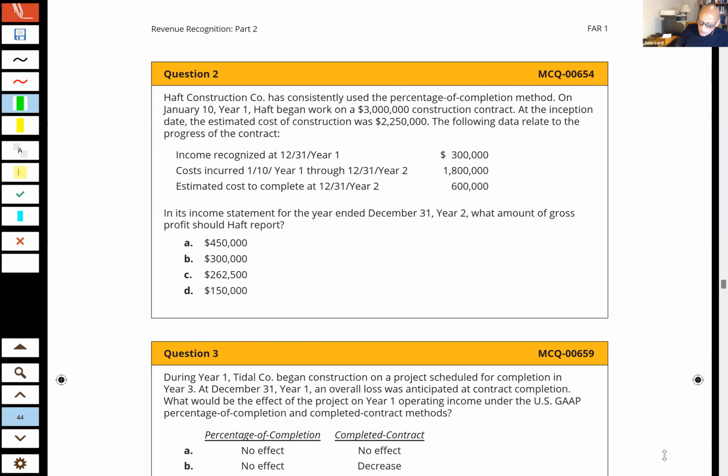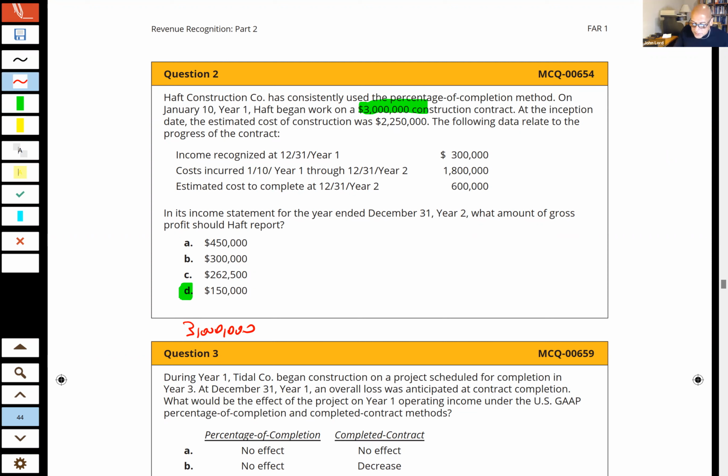Okay, good. We've got a good 80% that got this one right. This is a little tougher question. So let's go ahead and work with this one together. Okay. And so remember, the steps are what? First, we have to figure out what is the profit on this. Okay. Now, they tell me that the contract price is what? $3 million. So I'm just going to write that 3 million down here.